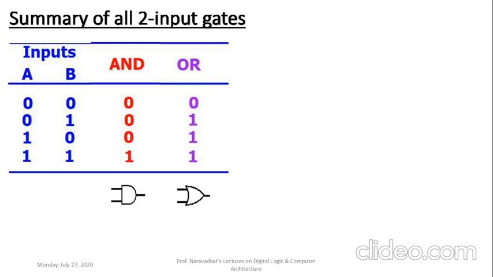Now the output of that OR gate is equal to 1 when either input A or input B or both inputs are logic 1. It means that in case of OR gate here, only for the first combination of input 0 0, output will be 0. Otherwise, for the remaining 3 combinations AB 0 1 or 1 0 or 1 1, output will be logic 1 here.